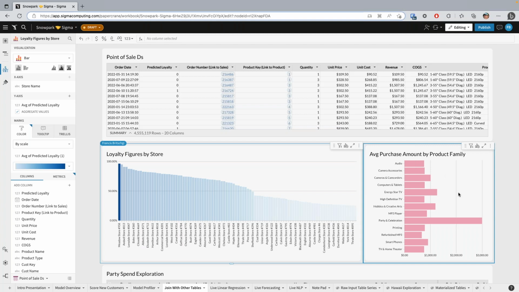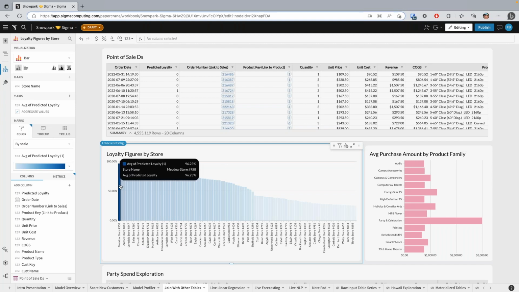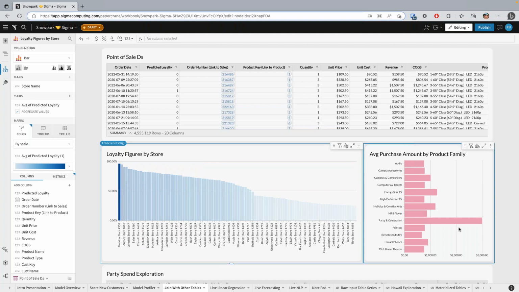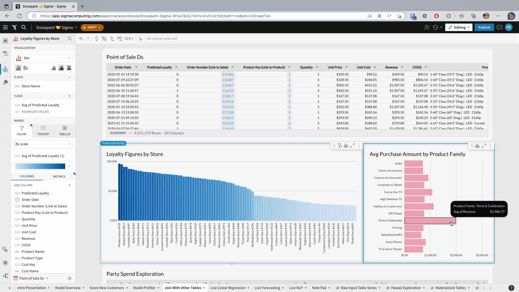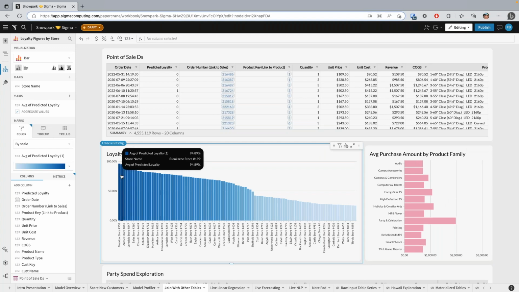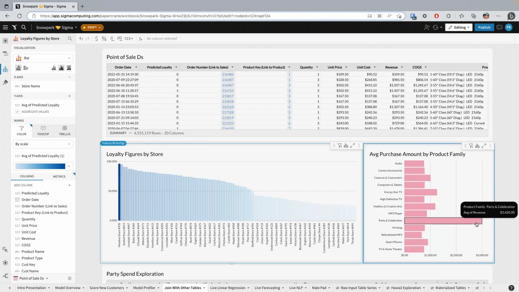And while we're going through this, it's important to note that this is all sample data. But one of the things I love about exploring sample data is there's sometimes patterns in random noise that are really fun. And for example, in this example, when I select that top loyalty store of the Meadow store, we see that the average spend on party and celebration is so much higher than the aggregate. So I can deselect out of that. The average spend on party and celebration for my population is under 2,000. But when I look at just that one store, it's almost 3,000.